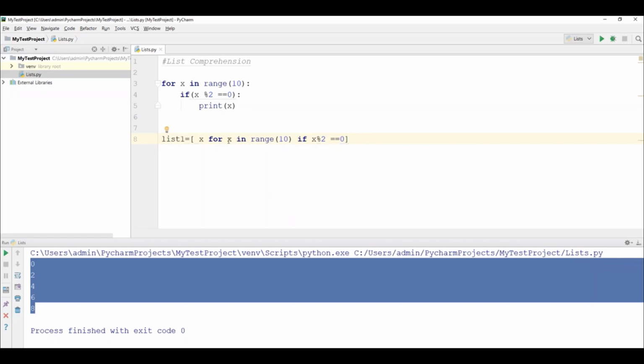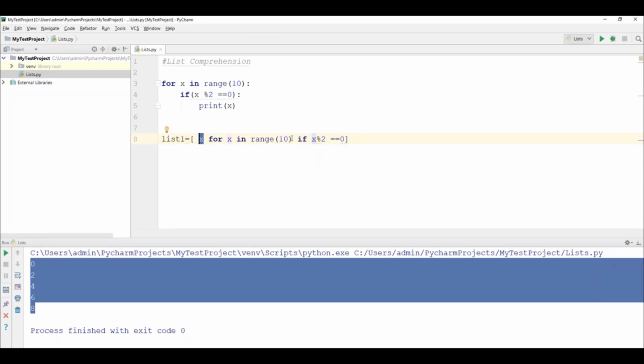What happens? The for loop will start from here. For x in range 10, first time 0 will be assigned to x, and 0 divided by 2 produces 0, so it is an even number. If it is true, that x will be part of the list.